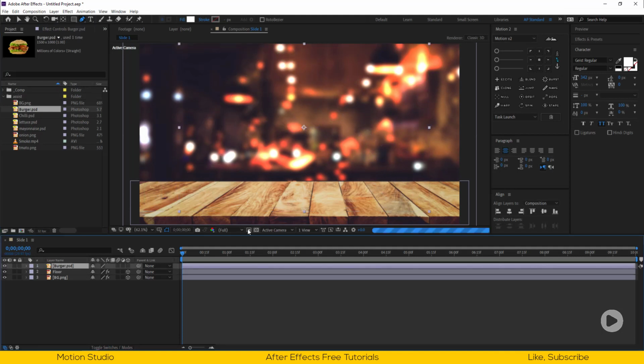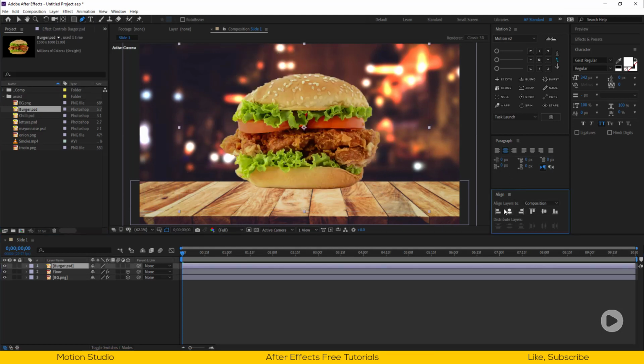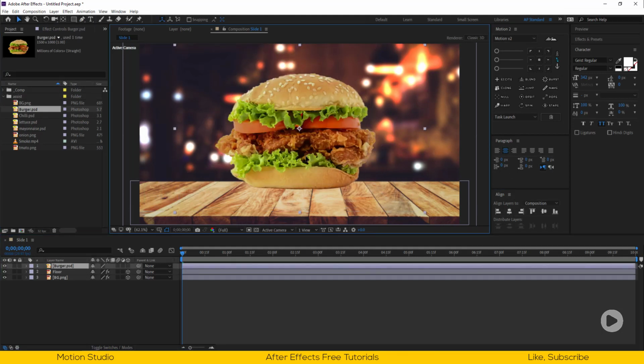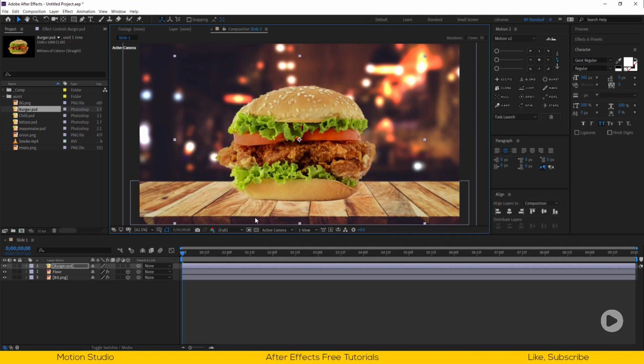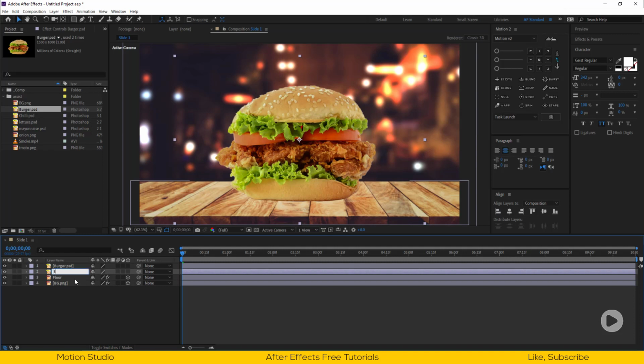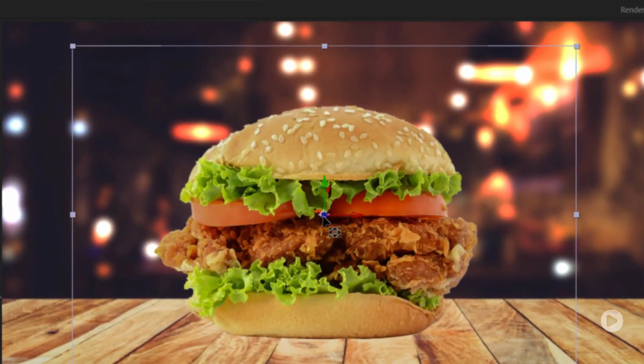Drag the burger layer into the composition. And duplicate it for making the shadow. Move the anchor point to the bottom and stretch the image like this.